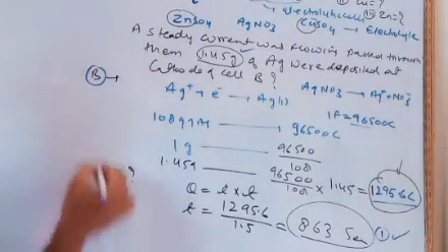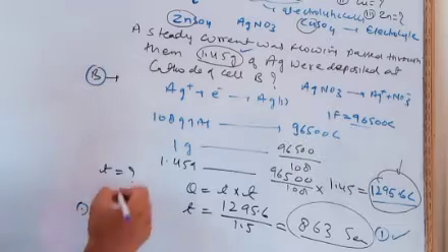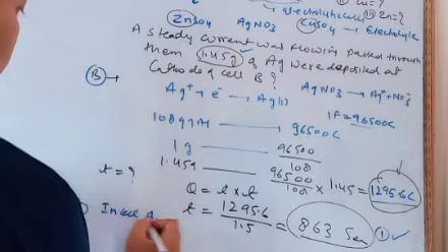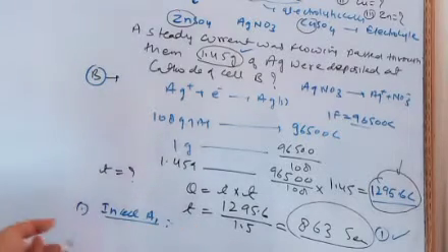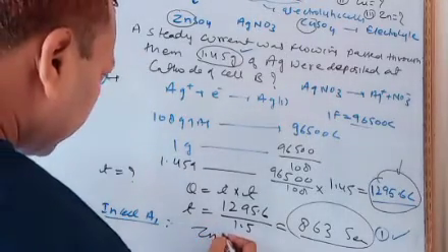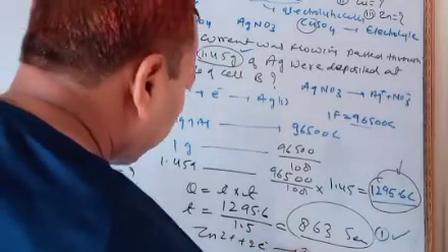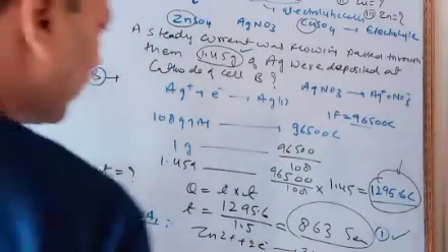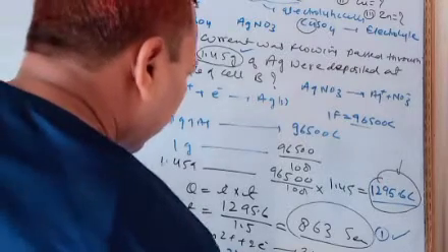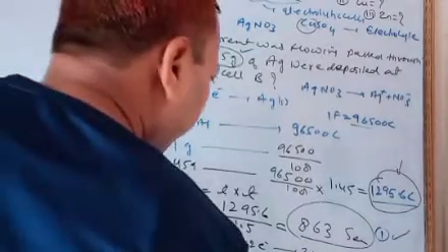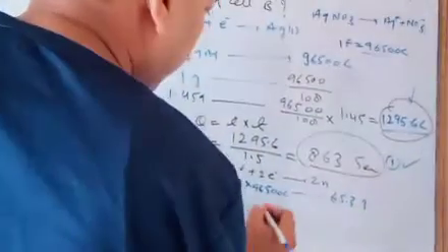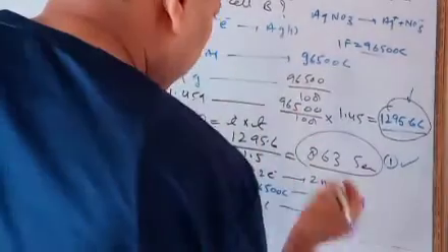So simple, we can calculate this using the electrode reaction in cell A. See the electrode reactions. Zinc ion will take 2 electrons and deposit zinc. So we have to calculate the mass. 2 Faraday, that is 2 into 96500 Coulomb, will deposit the atomic mass of zinc, 65.3 gram.